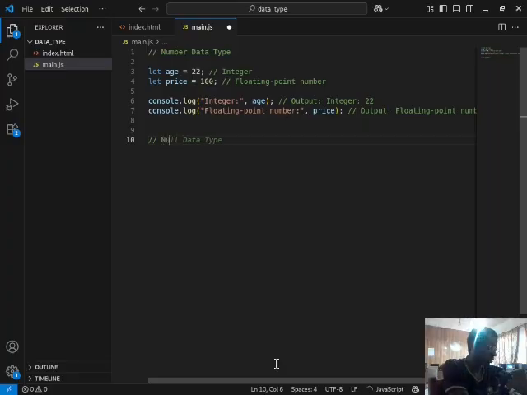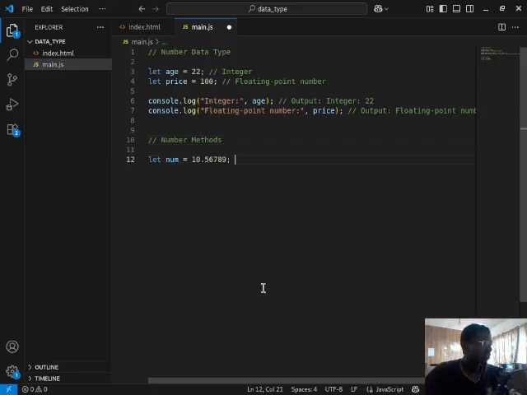Number methods, of course. So number methods, this is what we are going to be looking at. These number methods allow us to manipulate numbers and do a lot of stuff with numbers. The first number method I think we are going to look at right now is, we are going to talk about